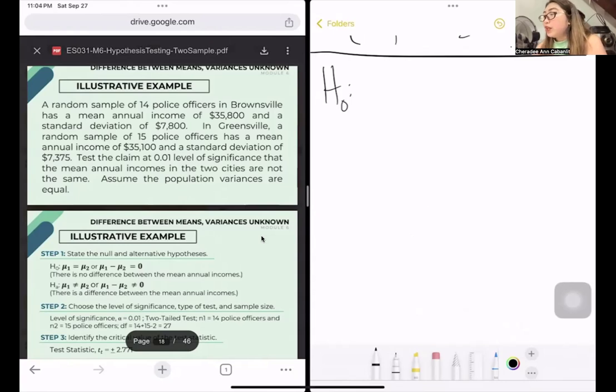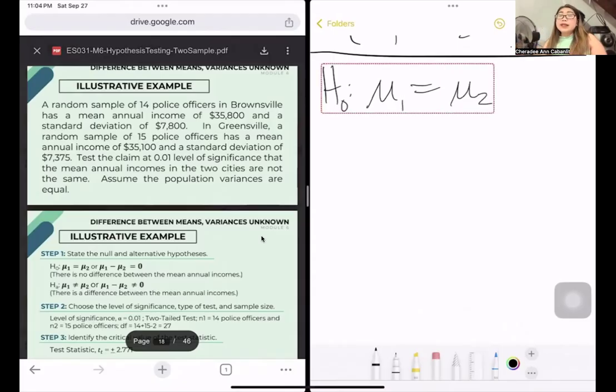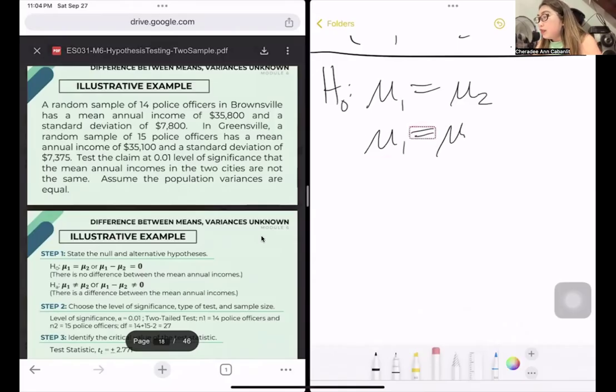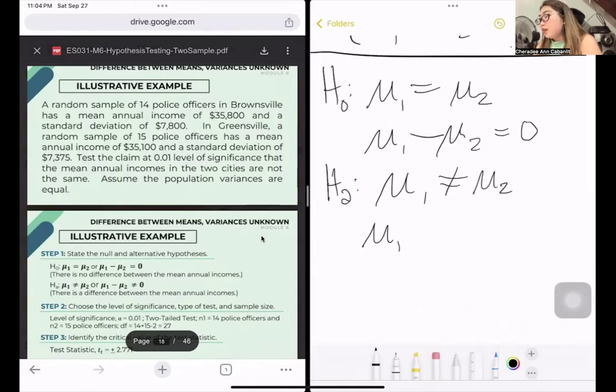Your H0 is that mu1 is equal to mu2, because that's the standard. They are the same. That's the status quo. There are no changes at all, and the actual difference of the two was not mentioned. Therefore, it is safe to say that mu1 minus mu2 is 0. However, your HA is that they are not the same. So I think we have a two-tailed test here.